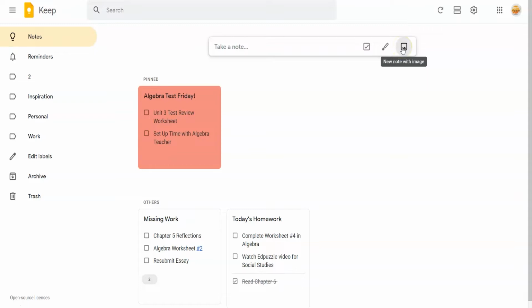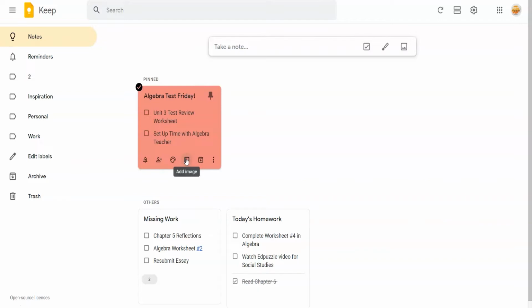This image can come from your computer, or students can even use their phones to take pictures and upload it directly from their device. This includes class notes, homework assignments, or anything shared by their teacher in class in a non-digital way. A picture can be added to a pre-existing note or checklist as well. You just need to click on the note and click on the image icon to upload a picture from your